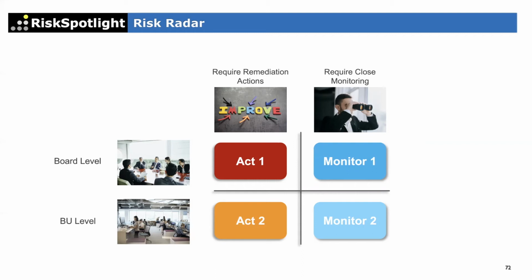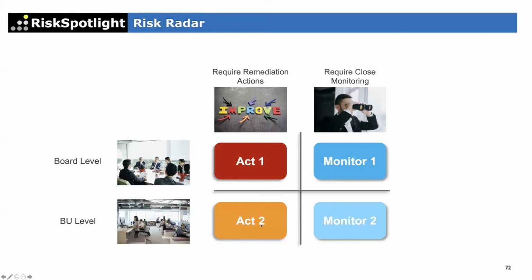And then I've created that intersection. Act 1 will contain all the risks which now need board attention. And for all of those risks, you need money to change your controls or buy an insurance policy. So there is some investment, some actions are needed around those particular risks. Monitor 1 is the risks which are relevant for the board, but no problem at the moment, but they should be aware of that.